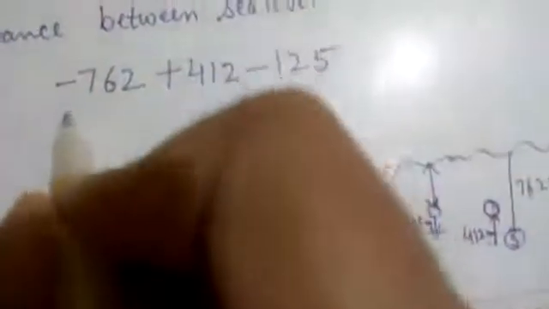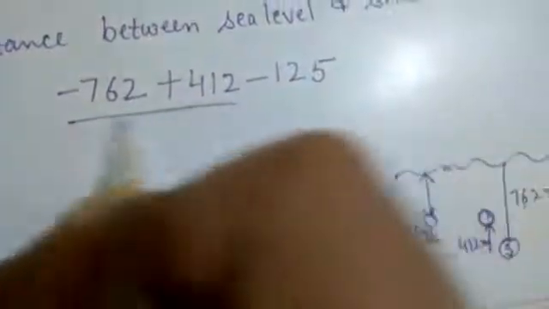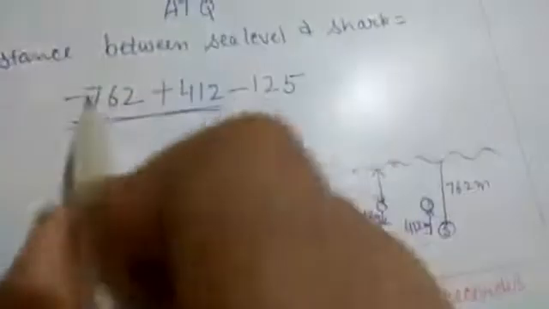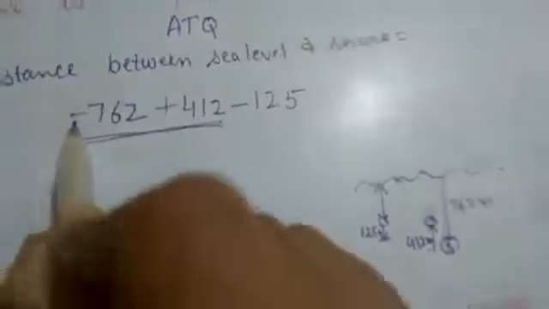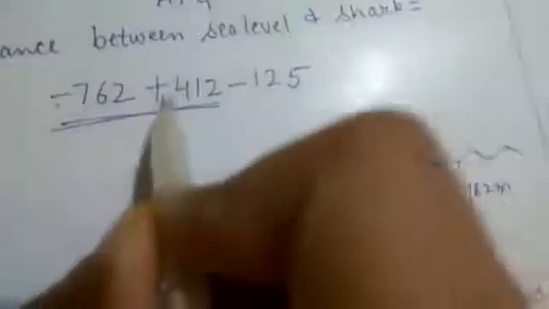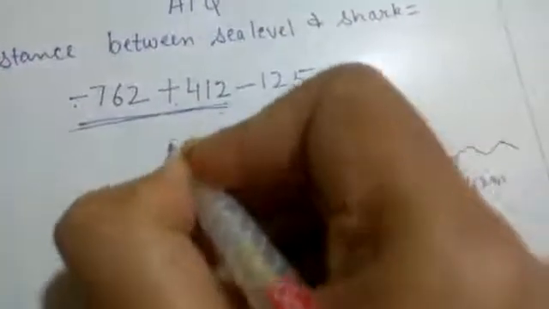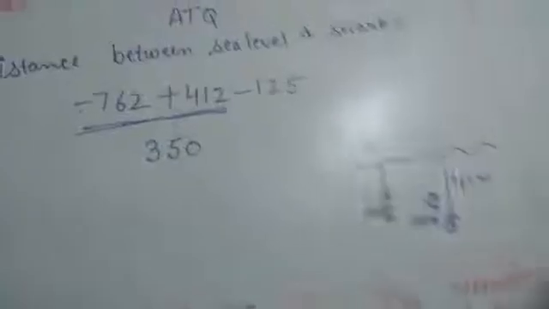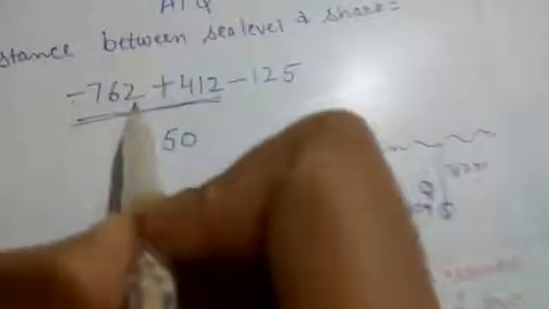Now see. Firstly solve these two numbers. That is completely your choice, that you want to solve first two or last two. That is up to you. But I am solving now this. So that means here one is with negative sign and one is with positive sign. That means we have to subtract it, and I am subtracting. 350, and sign is that which is with greater number. Who is greater? 762 is greater, and with 762 negative sign is there. So that means here also the sign is negative.